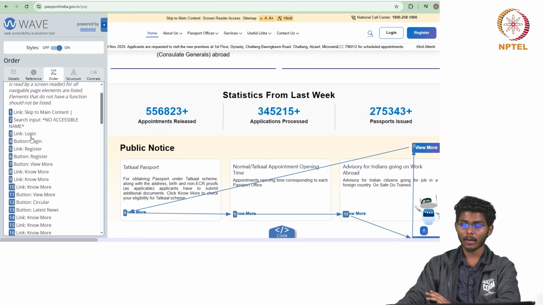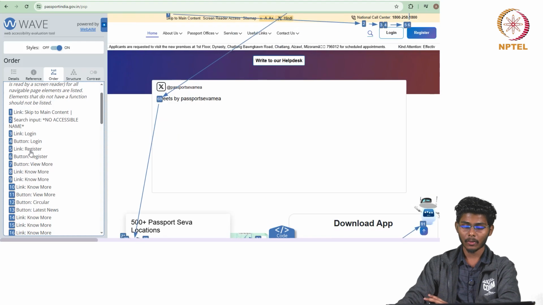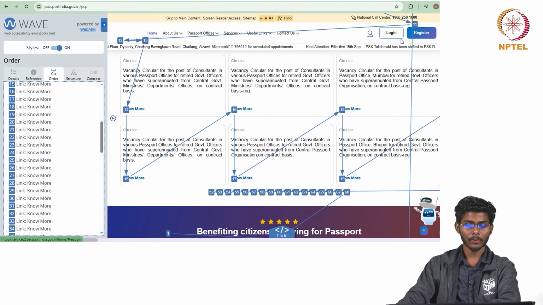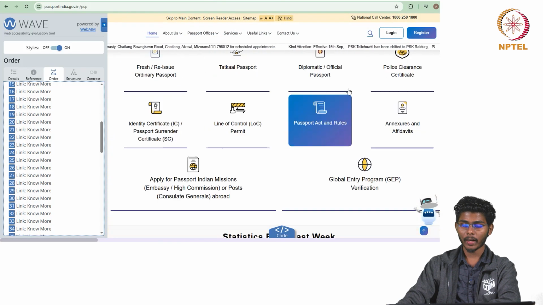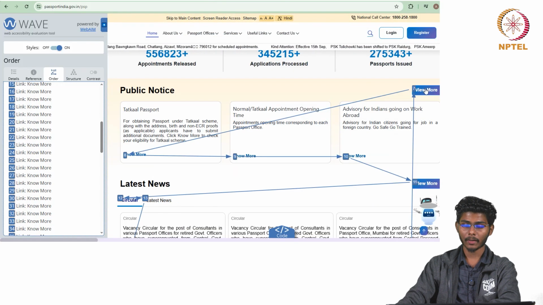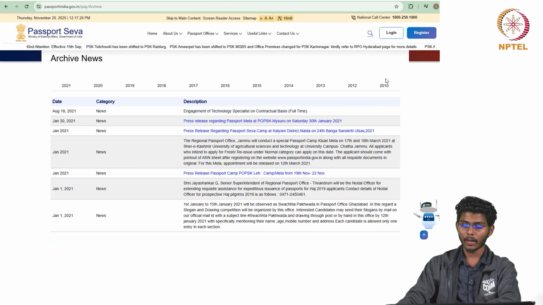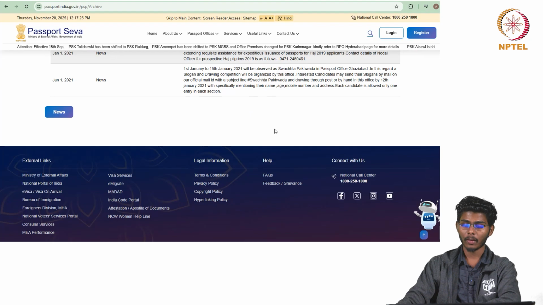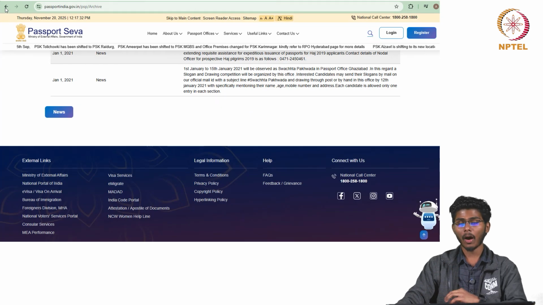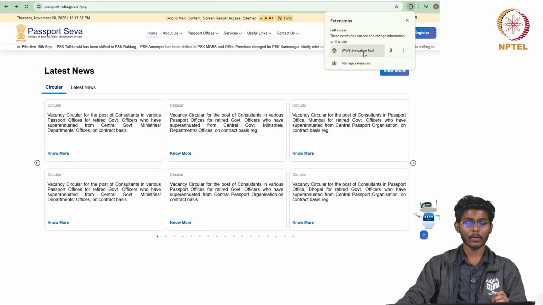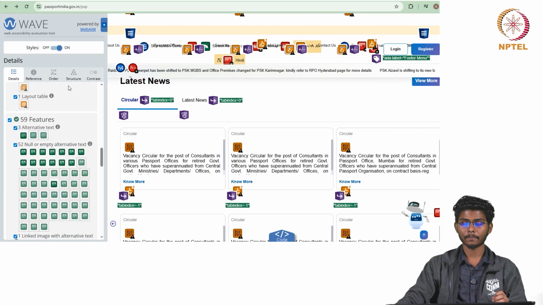So how well the website is connected to each of the components, like the register button, and also you can see when I click the login button, it is connected to something. And if I click view more, then it will automatically go. So how well the interfaces and components are connected in the website.